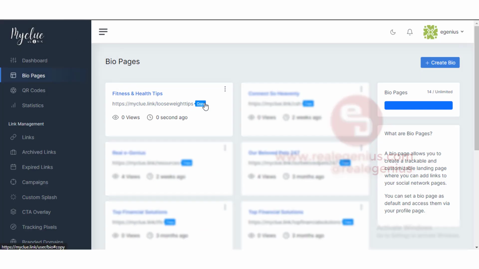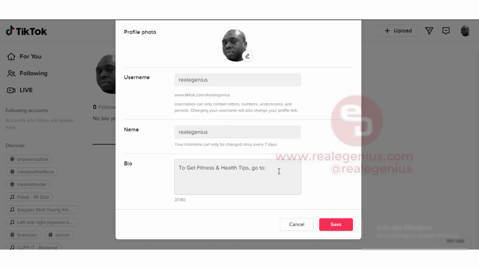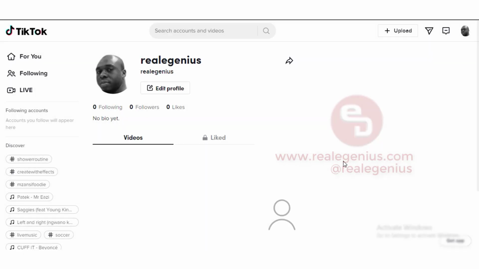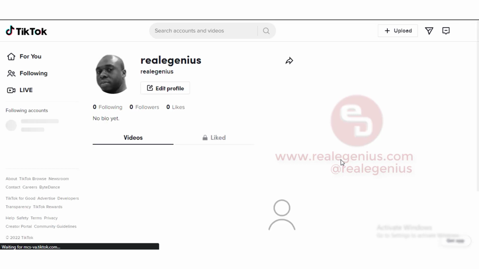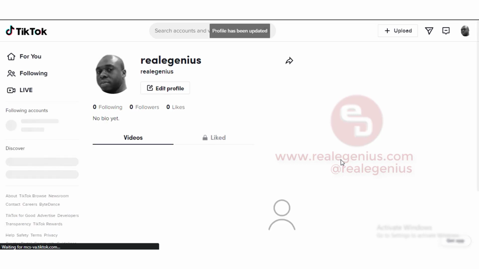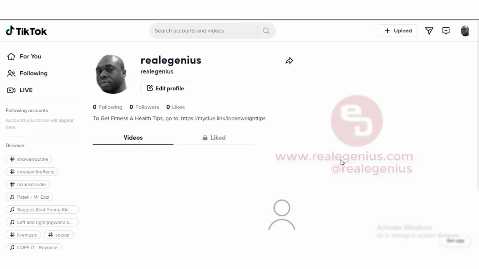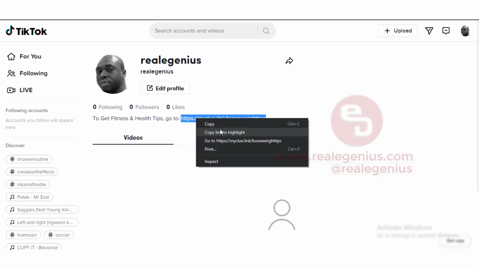You can copy your link and paste it here. Okay, and save it. There you go, guys. So when someone visits this link now,